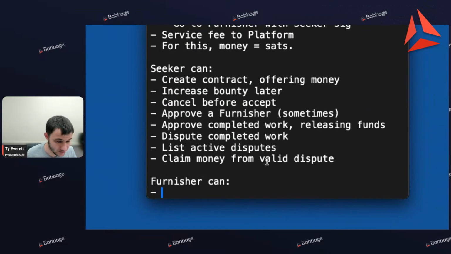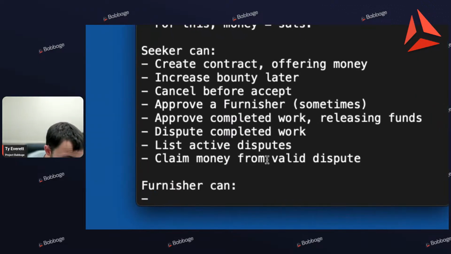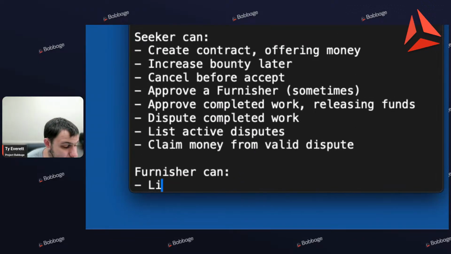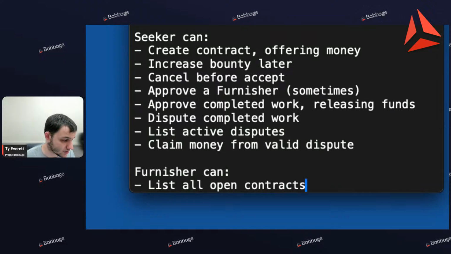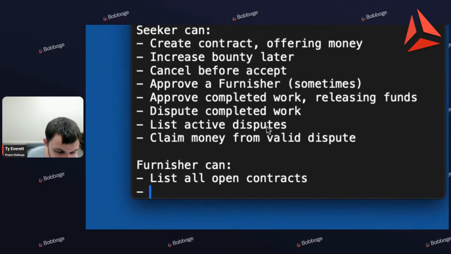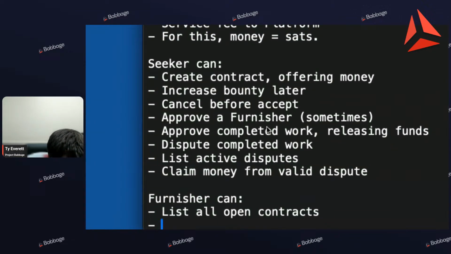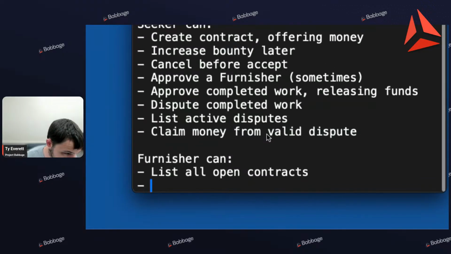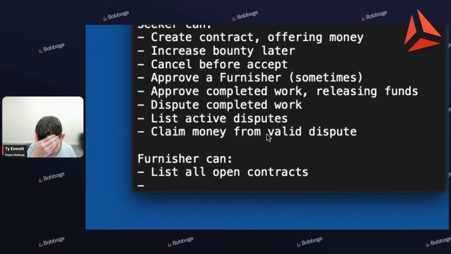A furnisher of services can list all open contracts. They can potentially, I guess you could say, bid, or